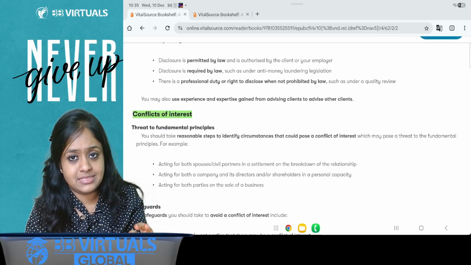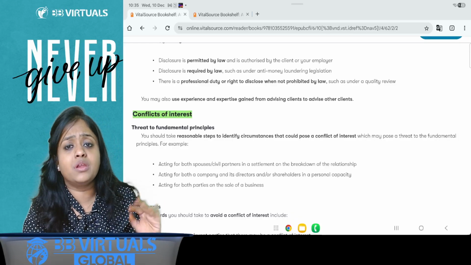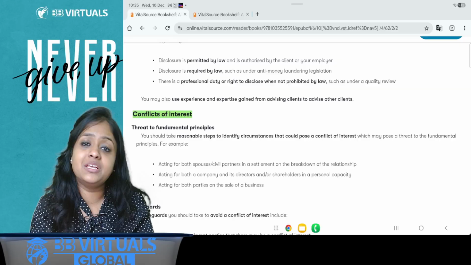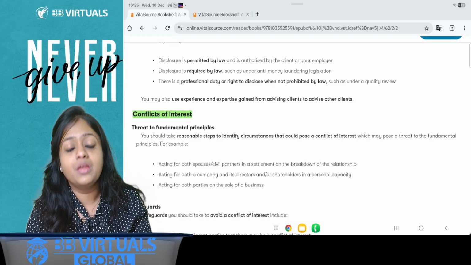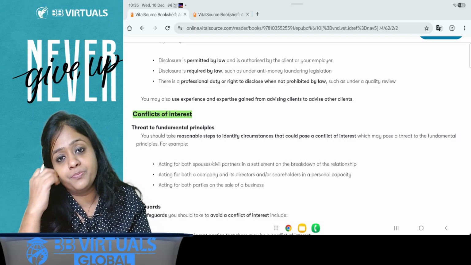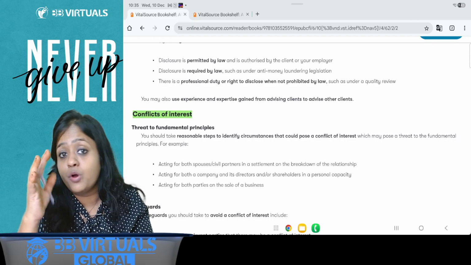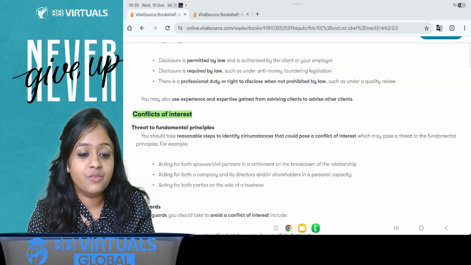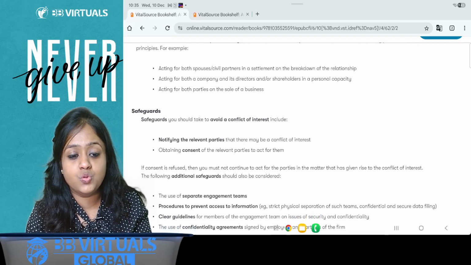If they give you consent in writing that okay, we are okay even if you work for my husband, and being a wife I'm okay, or the husband is okay that you're working for both of them, then it's not a problem. You can go ahead with this assignment. But if they are having problems, which in 99% of cases they will have, and they don't give you that consent and there are issues,